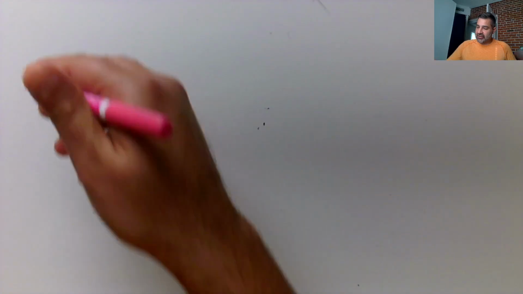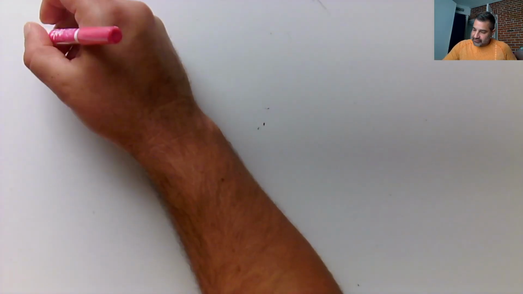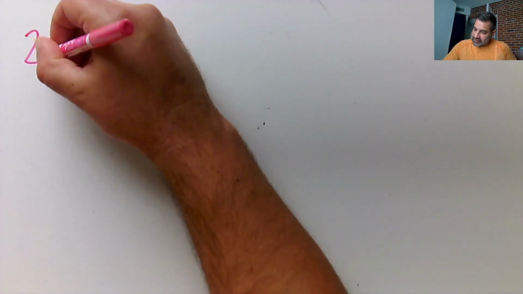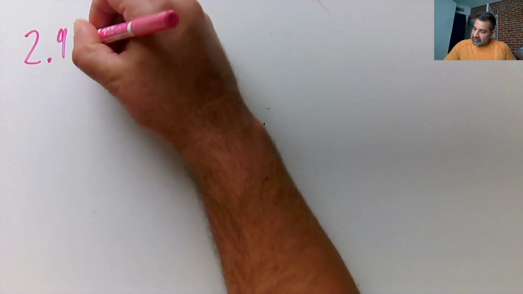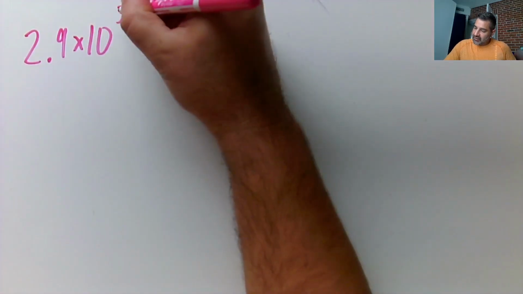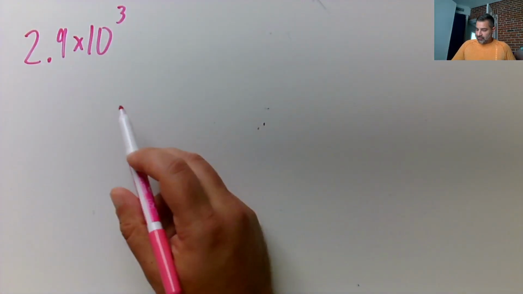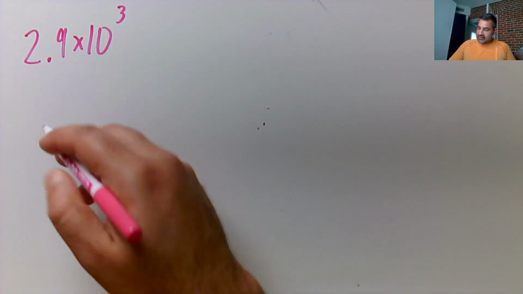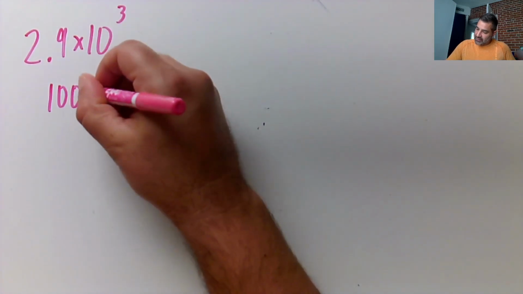So let's start with a simple one. We're going to convert from scientific notation to a regular number. So let's take 2.9 times 10 to the third. So what is 10 to the third? 10 to the third is 1,000,